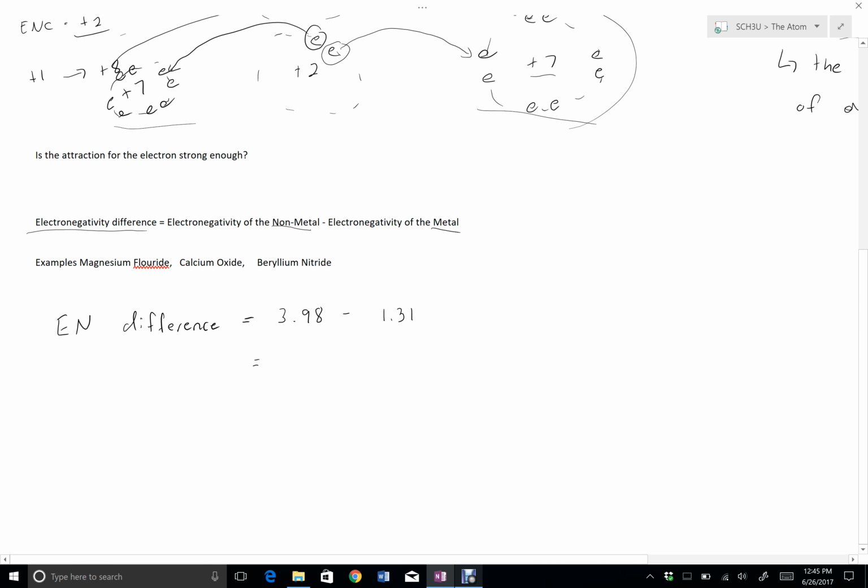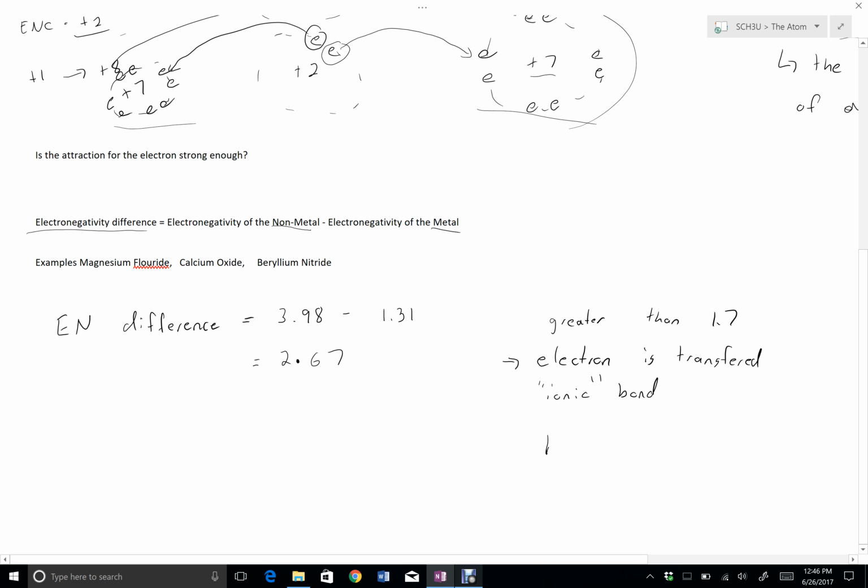And magnesium has an electronegativity of 1.31. So if I take the difference here, I get an electronegativity difference of 2.67. That basically says how much more fluorine wants that electron than magnesium does. The benchmark that we use is that if the electronegativity difference is greater than 1.7, we say the electron is transferred,